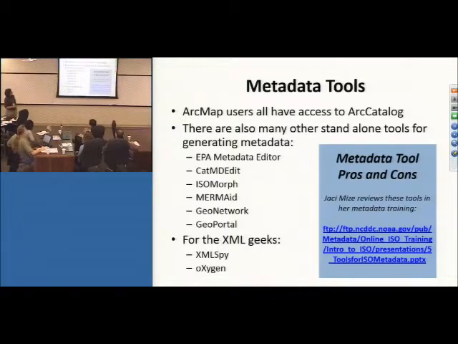So the way these tools are arranged, you draw a line across here, halfway down the first list. These are pretty much desktop tools or tools that can plug into ArcMap, for example. They'll stand alone and work on your desktop. Below that line are online tools. So Mermaid is a hosted tool at NOAA, and you can go to Mermaid and build a record in Mermaid. GeoNetwork and GeoPortal are tools where you can basically run your own metadata server. But all these tools allow you to build a record from scratch if you needed to, or edit an existing template,